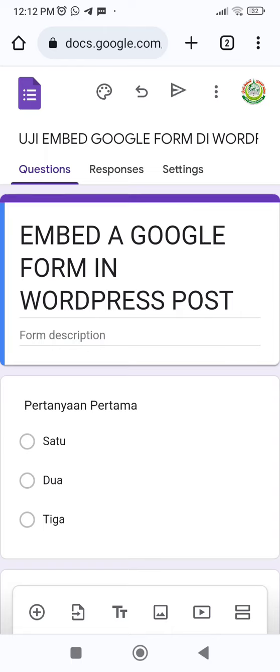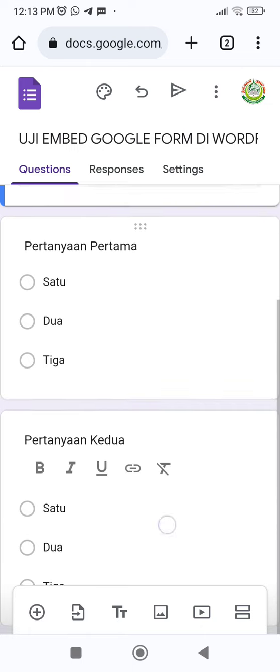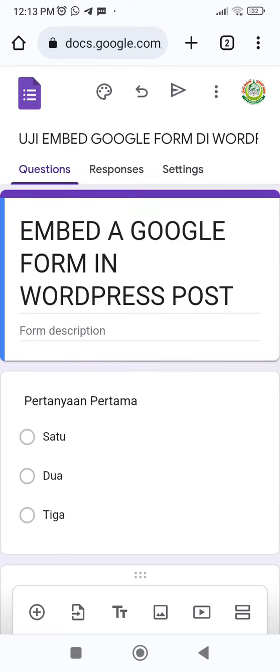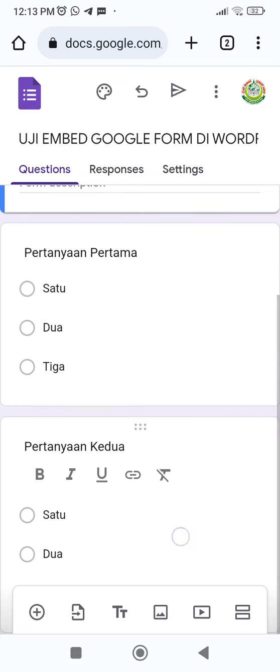So hi, it's me Irfan, and today I would like to show you how to embed a Google form in WordPress post. So the first thing you have to do is you have to have a Google form in your